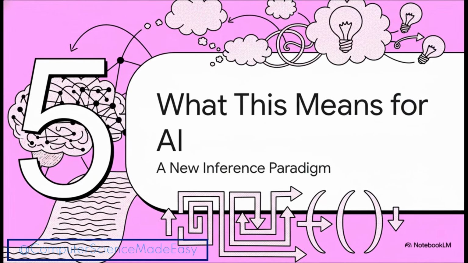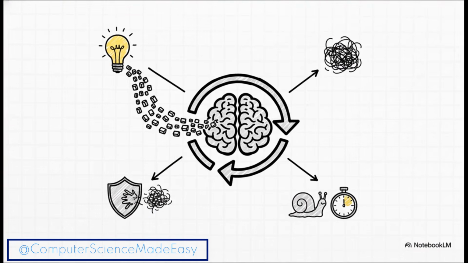So, let's step back for a second. What's the big picture here? What's the major takeaway from all of this? Why should you care? Okay, the really key thing to understand is that RLM isn't just a bigger bucket for text. It's a fundamental shift in strategy. We're moving away from in-context learning and towards in-environment problem solving. It lets the model use tools, in this case, code, to actively dissect a problem instead of just passively trying to absorb all the data at once. And that's how it sidesteps context rot completely.